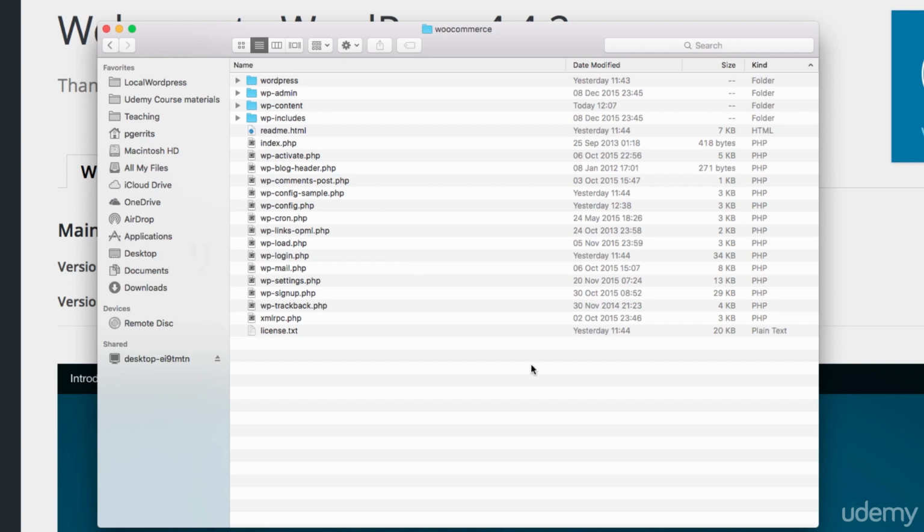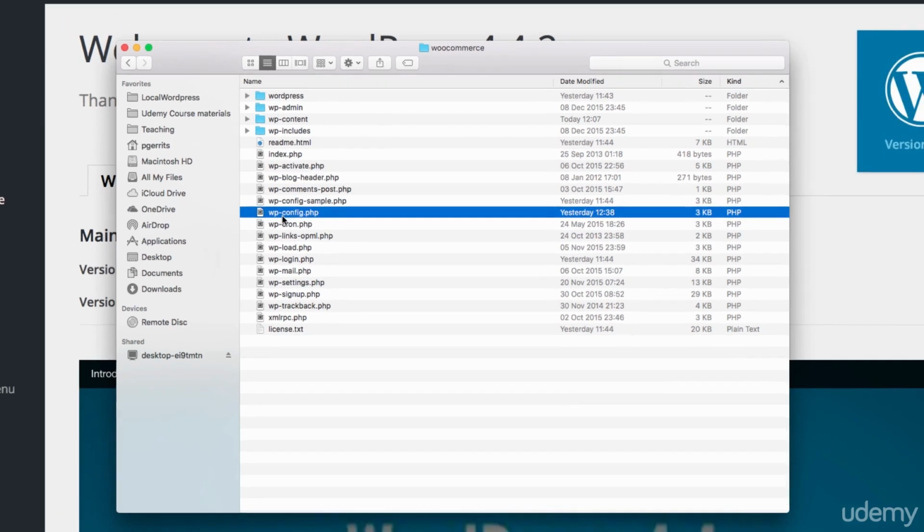So we are here in the root of the WordPress installation. This is now on my local machine, but you can also see this through an FTP program connected to your server, or in the file manager, for example, using cPanel. You don't need to know a lot of these files. These are just stuff that WordPress uses, like logging, mail settings and stuff like that. But this is an important one,